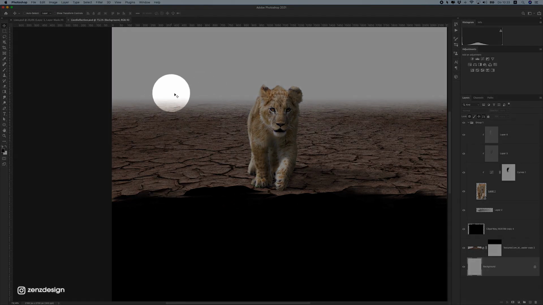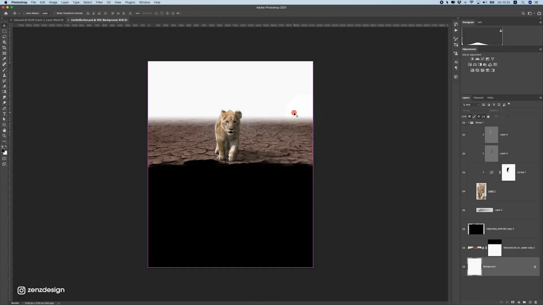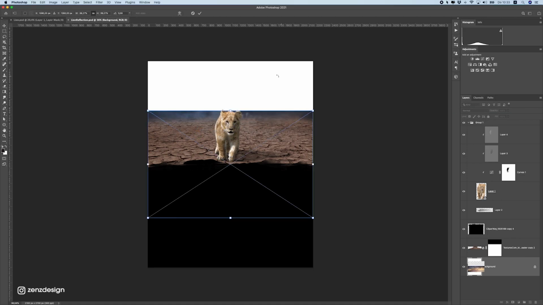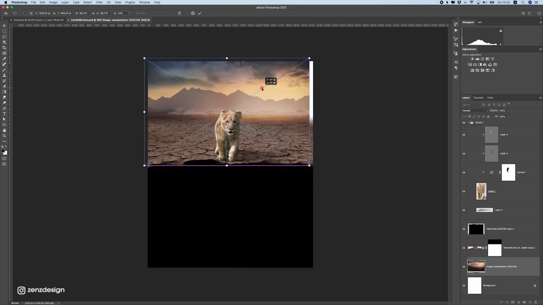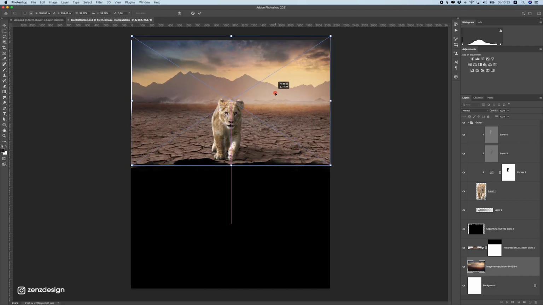Let's work on this background here so it doesn't look empty. I found this image that I have, and I will have all these images in the description of the video. And you can see how easy this blends with this image, because the colors are almost the same and the tone is almost the same of everything. So just place it like this.